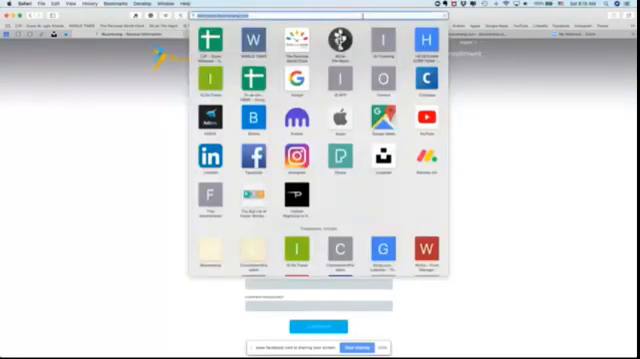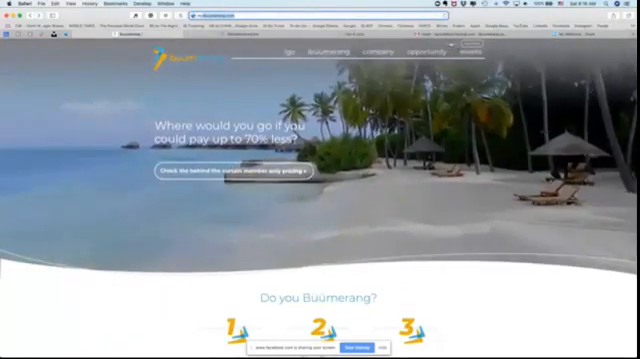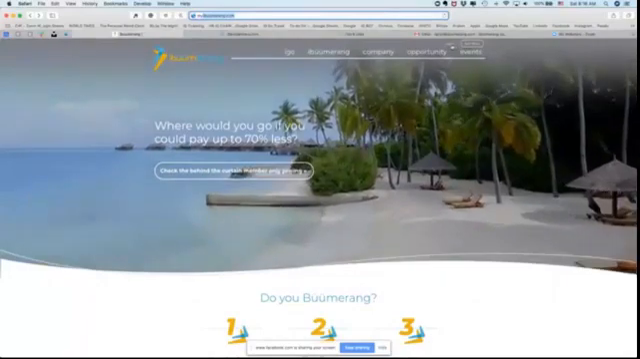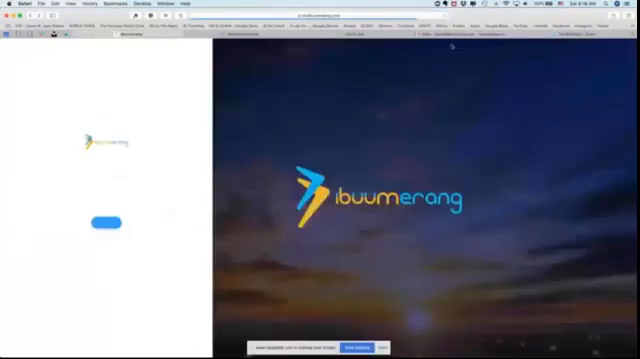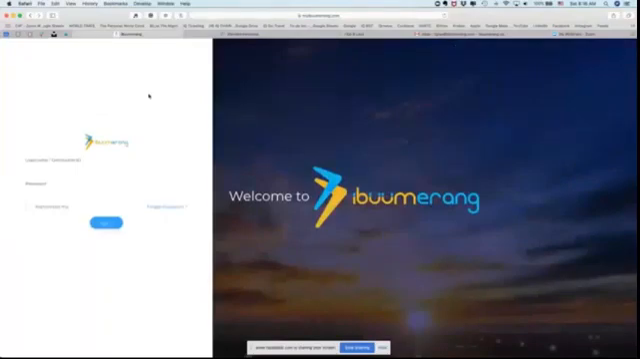Again, you can start at your username.iboomerang.com. So we're going to go back to demouser.iboomerang.com. When your site comes up, you can click login from here. So let's do that. We're going to click login from the upper right-hand corner, and it's going to take us to